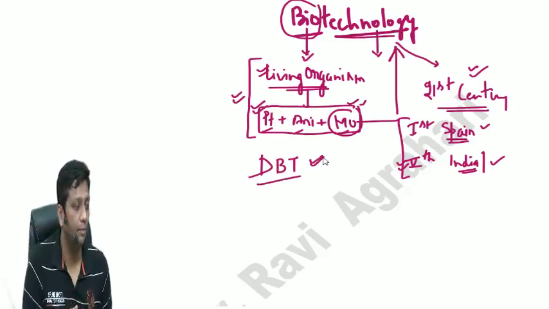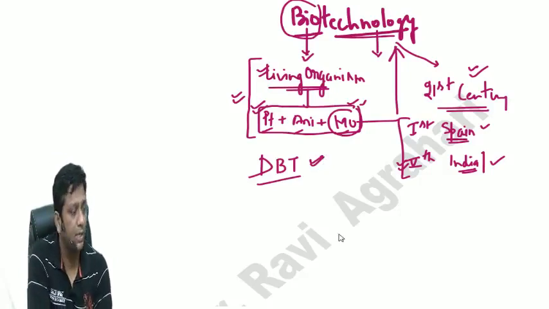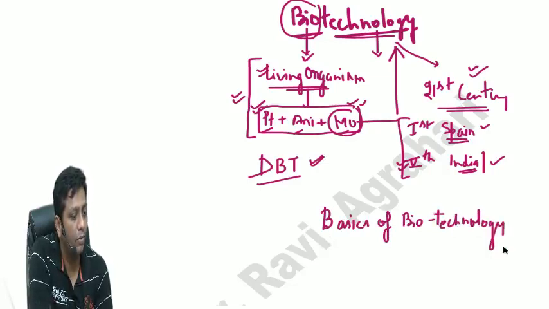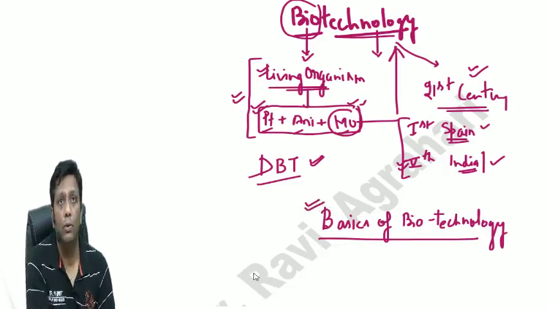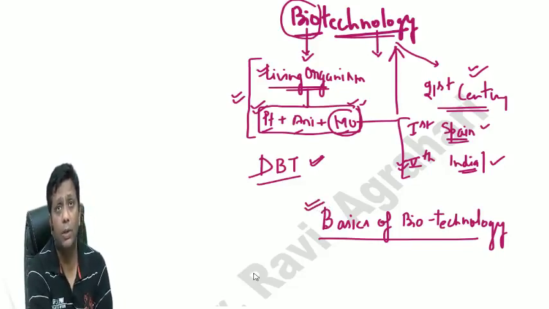Okay everyone, fine. One thing I will tell you before starting biotechnology: some basic portion is required. I will tell you the basics of biotechnology. So first of all, you go into the basics of biotechnology. Here I will discuss one chapter called cytology or cell biology. Cell biology is necessary as a basis of biotechnology. If you don't know that mitochondria and chloroplast have DNA, and within DNA there is a gene,